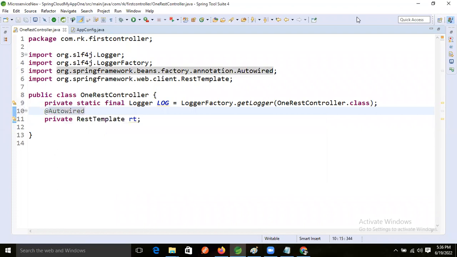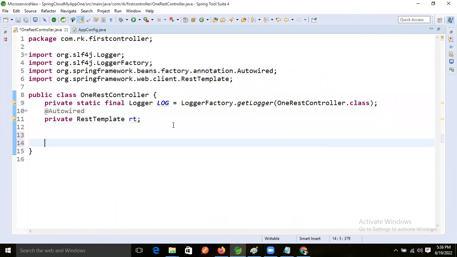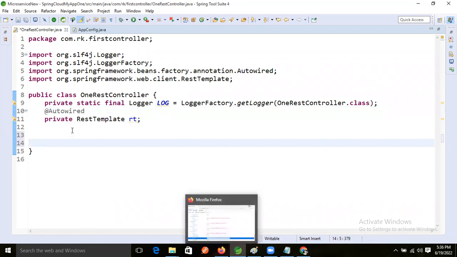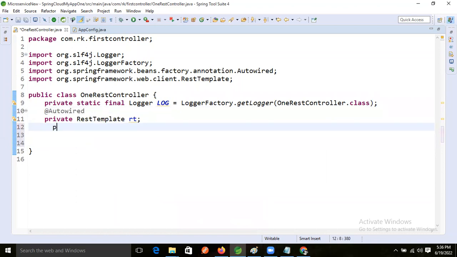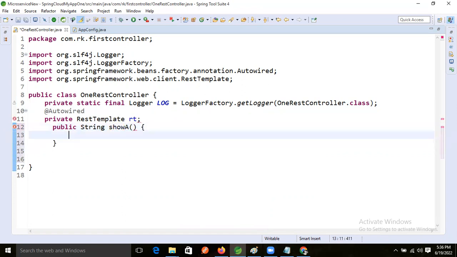After that, what will we do now? We will write one HTTP method, right? I'm just taking one HTTP method. So what is our method now? Public String, so a, I'm taking, right? So a, and return, what is that? Returning just from